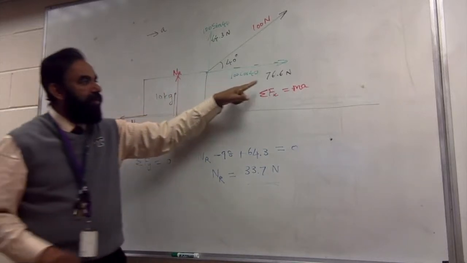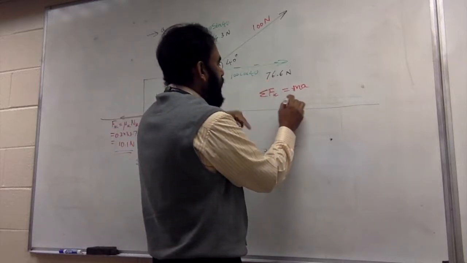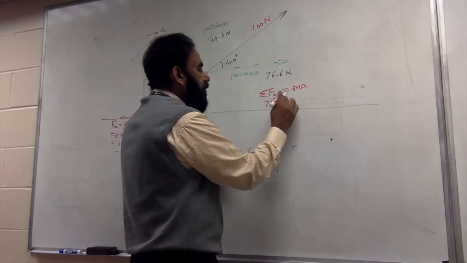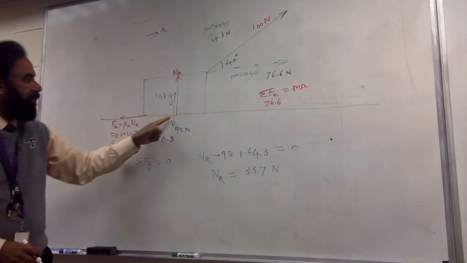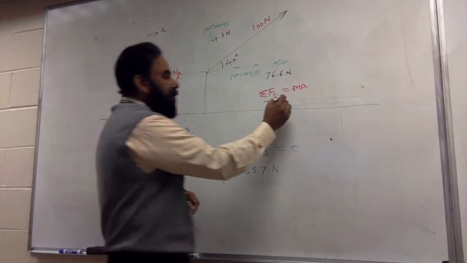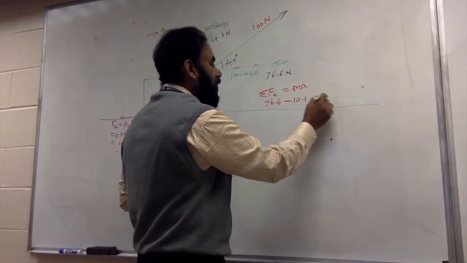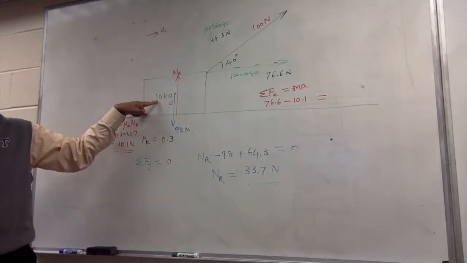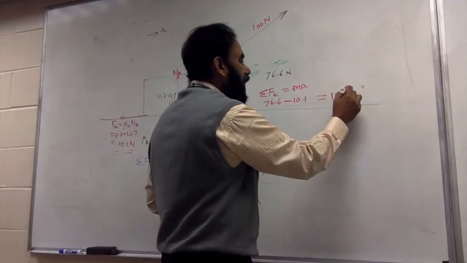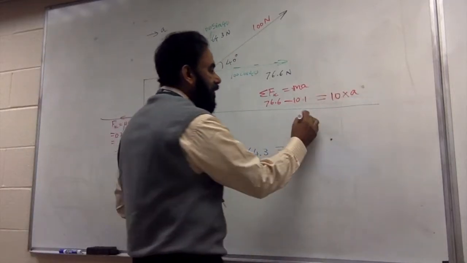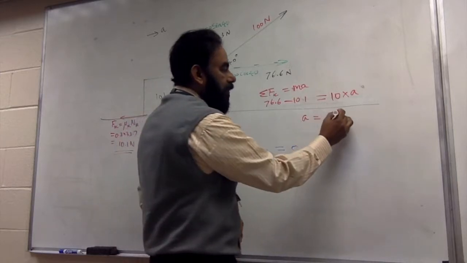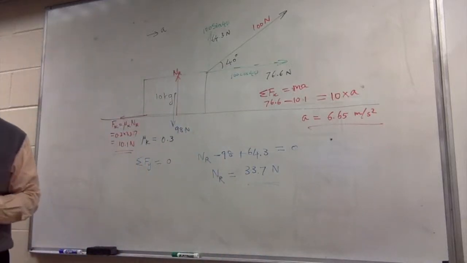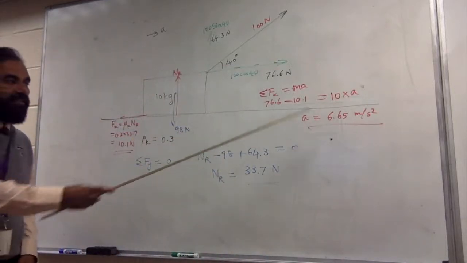This box is being pulled forward with 76.6 newtons. So 76.6 forward. Anything backward? Minus 10.1 backward is equal to, that's it. There are no other x forces. Is equal to ma. What is m? 10 times a. Find out how much is a? 6.65 meters per second squared. Do you understand this? So the acceleration is definitely